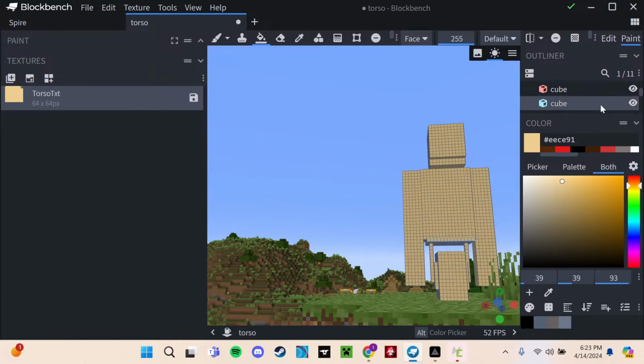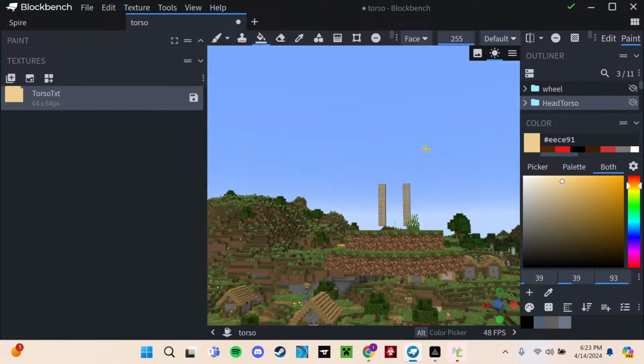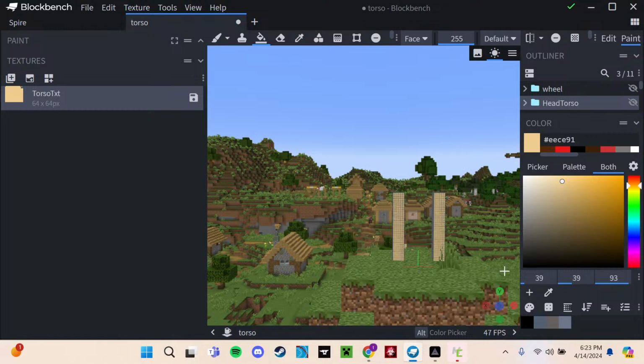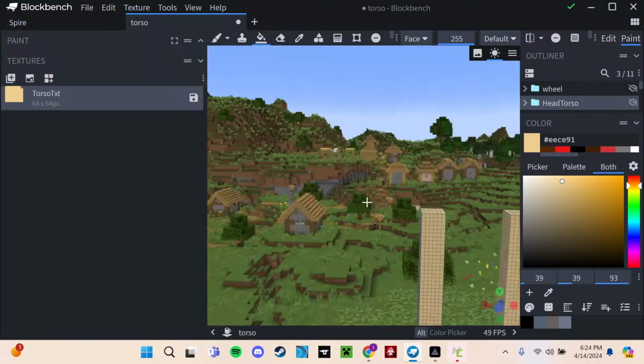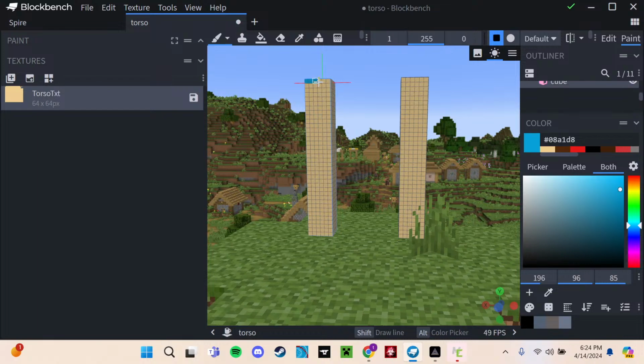Alright, so I'm going to go back to doing just the two. Alright, cool. So now here's the thing I need to do. I need to add a shirt. Now if I look at Steve's shirt, it is a cyan color. Perfect. Now we can just go ahead and do around here, so another area right here. We're going to do a lighter blue. I like this blue, so I'm going to go ahead and say paintbrush to